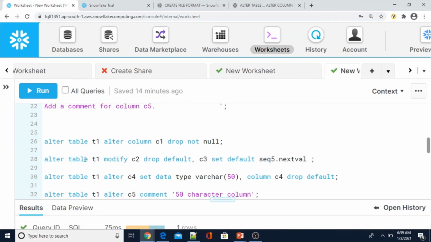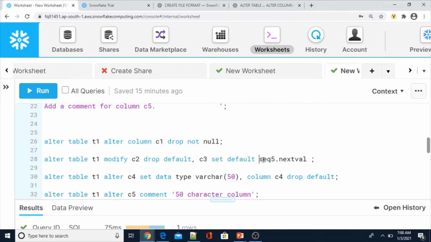Another one, ALTER TABLE T1 MODIFY C2 DROP DEFAULT, and here I am using two alters at a time. I am dropping the default value, and C3 SET DEFAULT sequence 5 dot NEXTVAL.